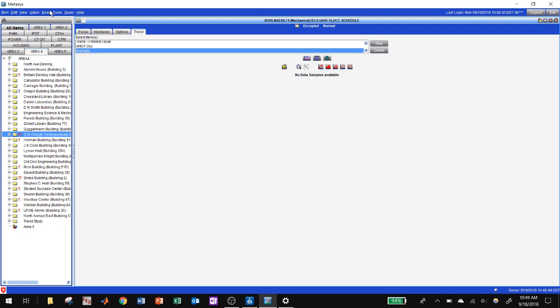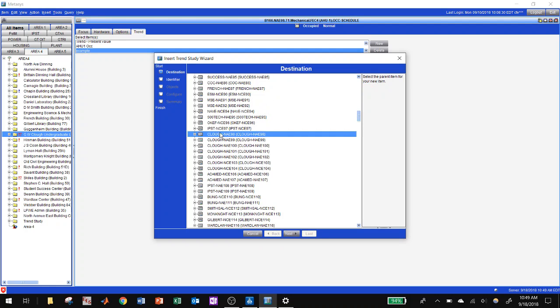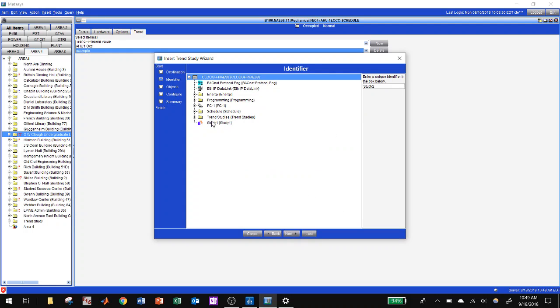Now, I would recommend doing just one trend to begin with, and then go here to trend study, and you need to pick the location where it's going to be. So we're going to pick Clough. There are multiple ones, usually just one or two. This building has several, so I'm just going to pick the first one. Click next, and then if there's a trend studies folder, you can